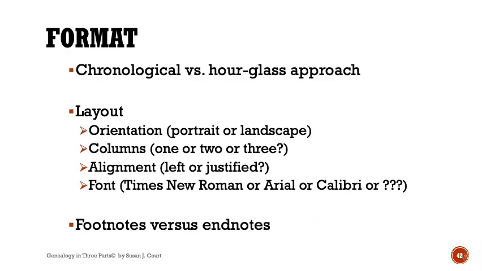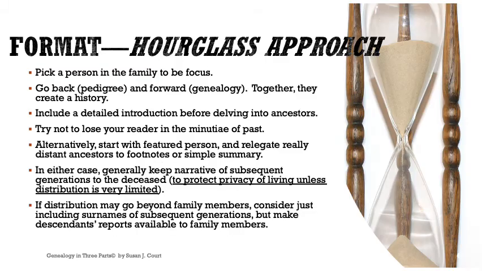With respect to format, I'll cover these topics: chronological versus hourglass approach, layout, and footnotes versus endnotes. A chronological approach is perhaps the easiest way to write your family history. I've tried it but found myself wandering. I prefer an hourglass approach where I pick one person, usually a great-grandfather, and focus on him. I've listed here some of the things you need to keep in mind using this approach, or for that matter,